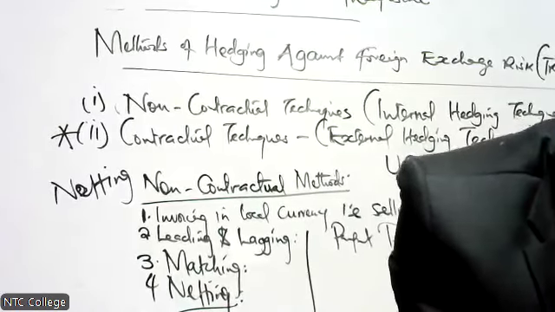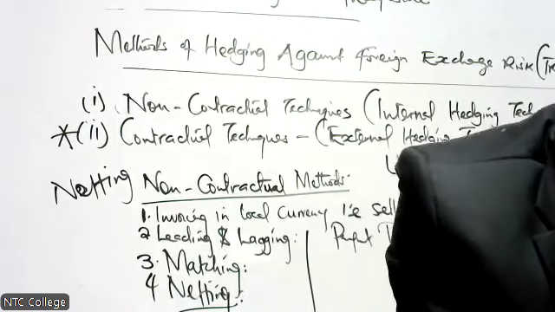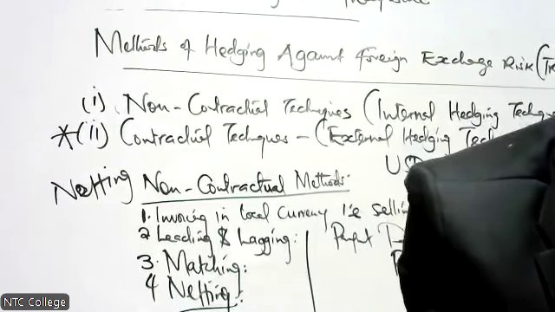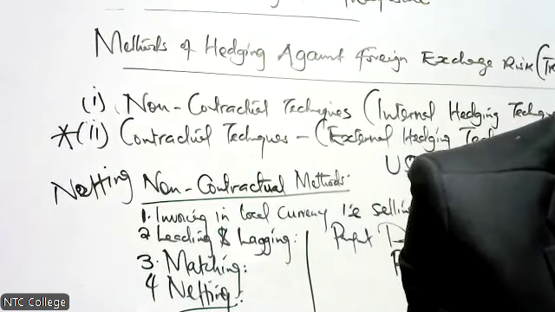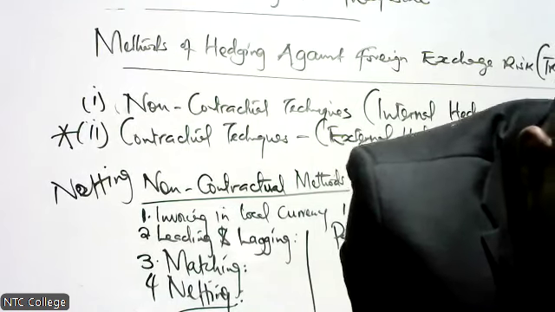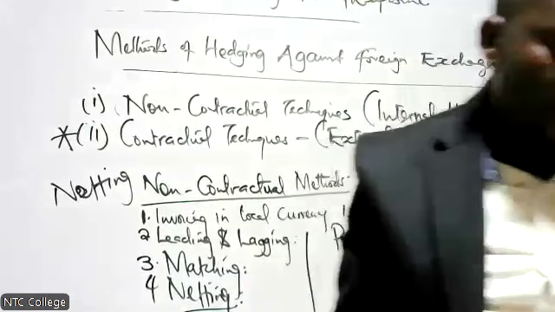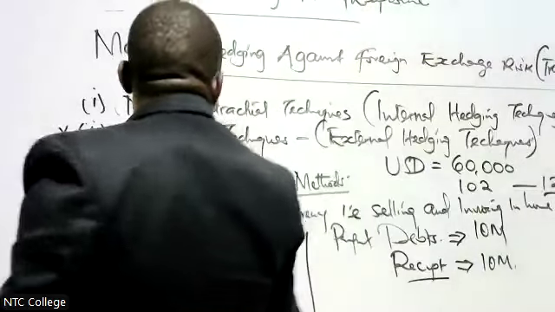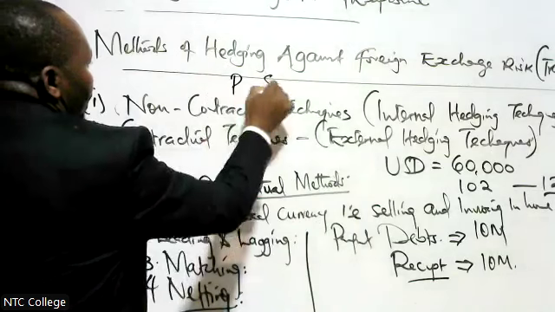The next one is called management barrier. This refers to restricting remittance from subsidiaries. That is another one you can use. So what you are going to do here, when you are running a business that has a parent and a subsidiary,